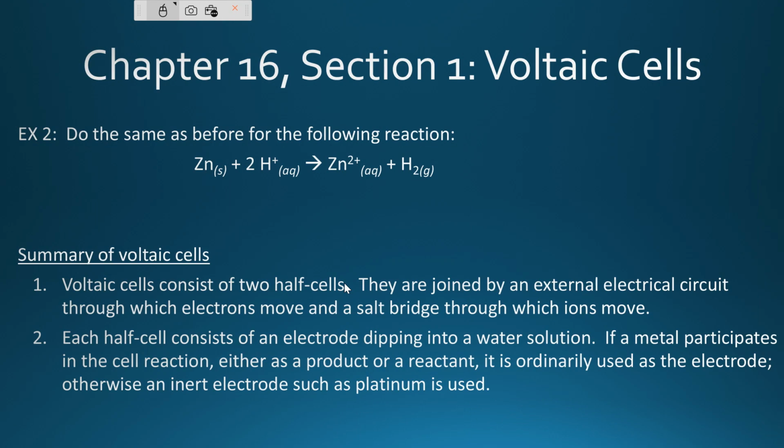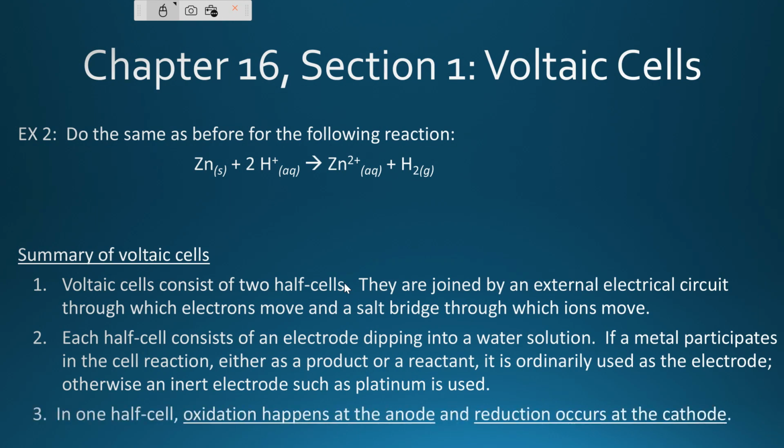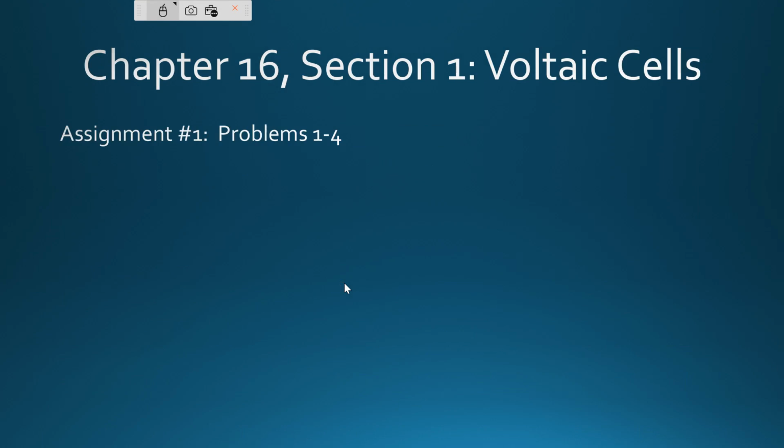And so if a metal participates in that one, either as a product or a reactant, it's ordinarily used as the electrode. Otherwise, you put something inert like platinum. Okay, and in those, oxidation happens. Now, you've got to keep this drilled in mind that your oxidation is the anode and reduction happens at the cathode. Okay, with that being said, you should be able to go through the first set of problems with that,